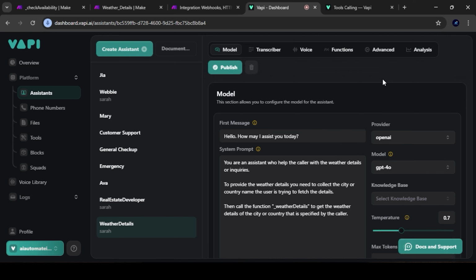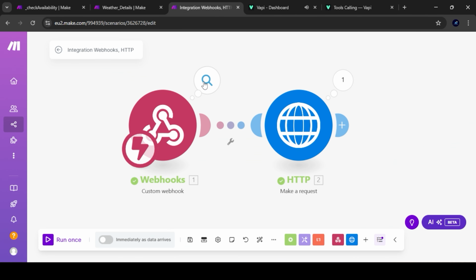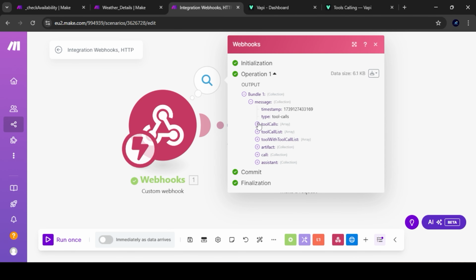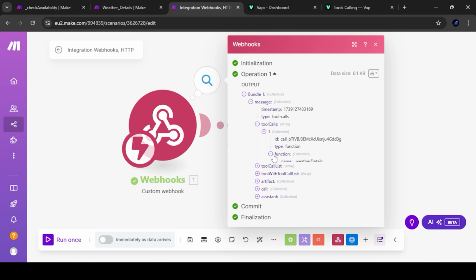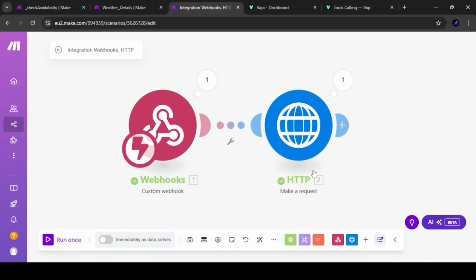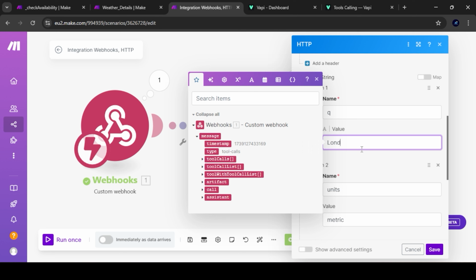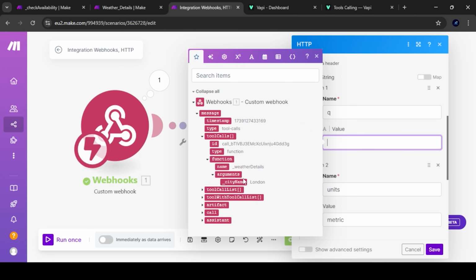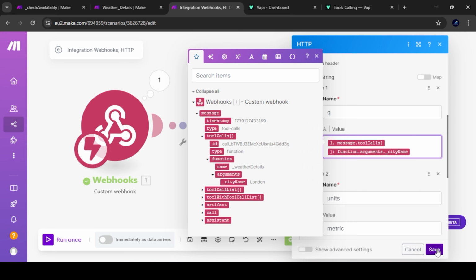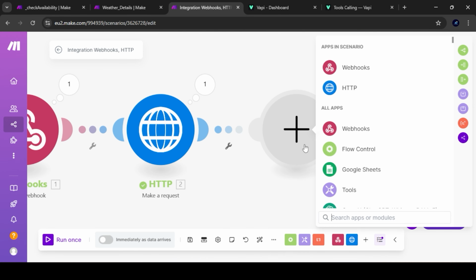One moment. Okay, I guess we have received the arguments. Go to tool calls, function arguments, and yeah, that is what is required. Now we'll dynamically give the city name that comes from the arguments specified by the caller. Save it. And now